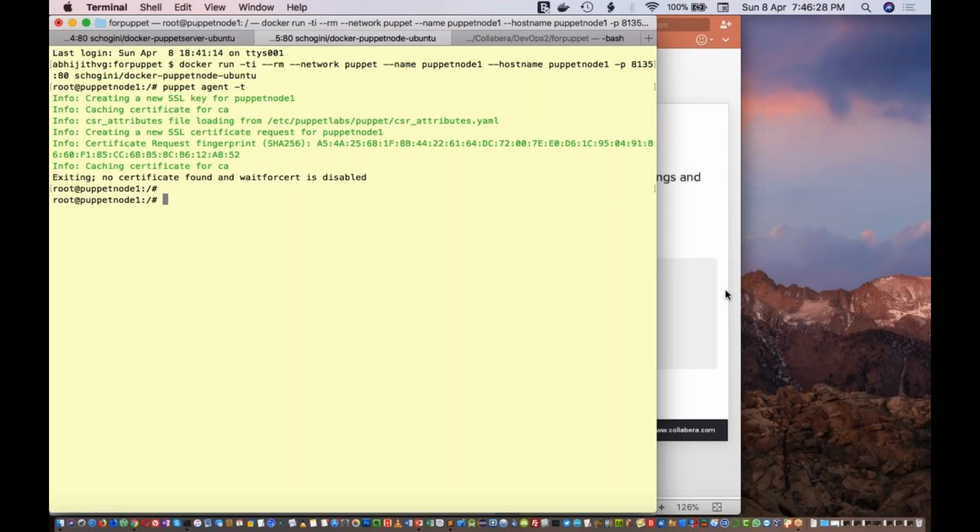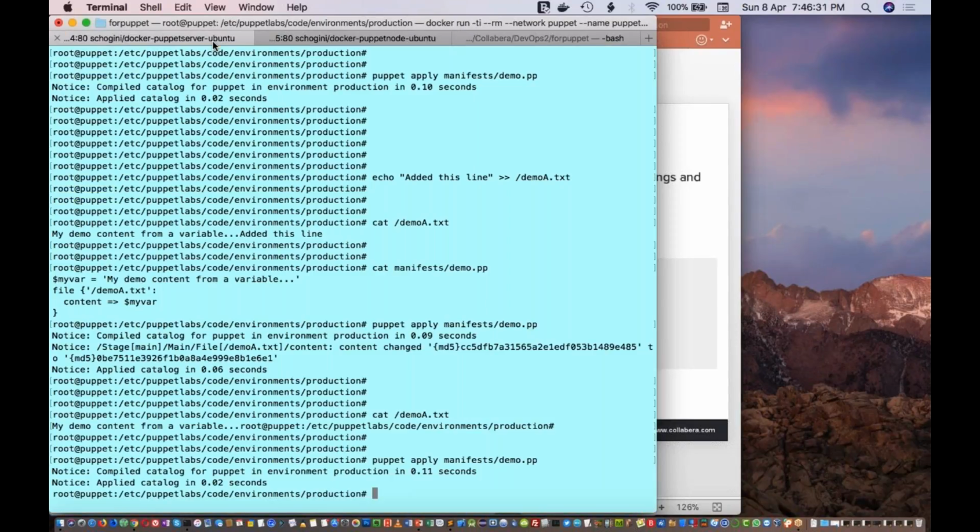So clear, Prapanshu? Now Akhil is asking, so here if we mention default in demo.pp, it will create the file in all nodes which have certificate exchanged. No. See, here I am executing this demo.pp directly on my server itself.